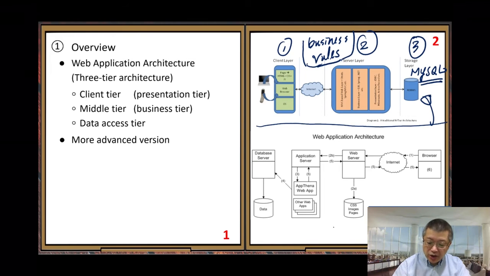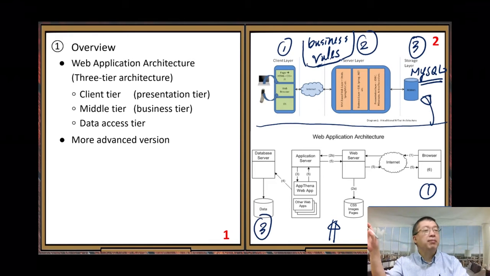They take this more advanced version. You can see for this more advanced version, still a three-tier architecture, but the first tier and the last tier are the same as the simple version above. But the middle tier